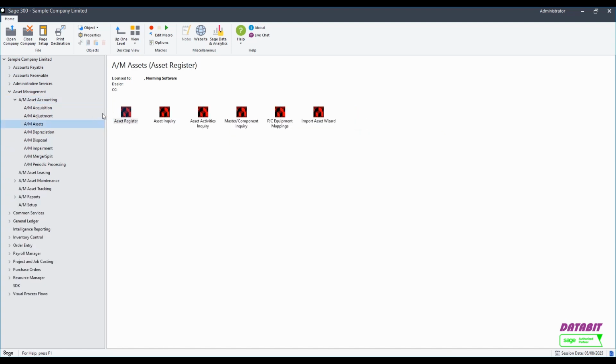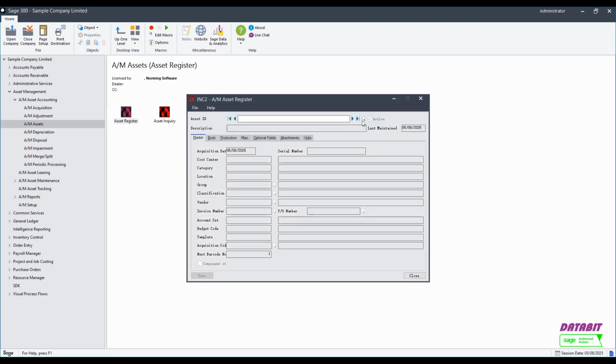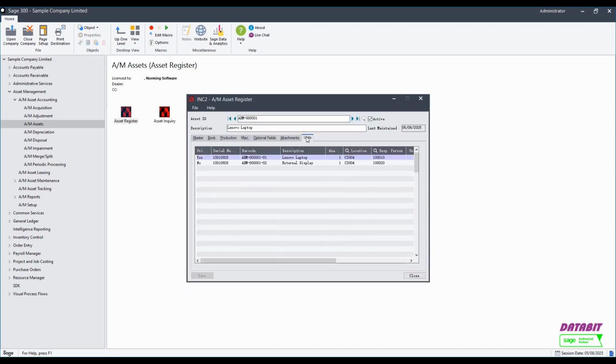The barcode ID can be manually entered or imported through the asset register. You can go to the Asset Register Unit tabs to maintain the barcode IDs, and you can have multiple barcode IDs for one asset. For example, for a personal computer, you can have 2 separate IDs for the screen and for the system unit.